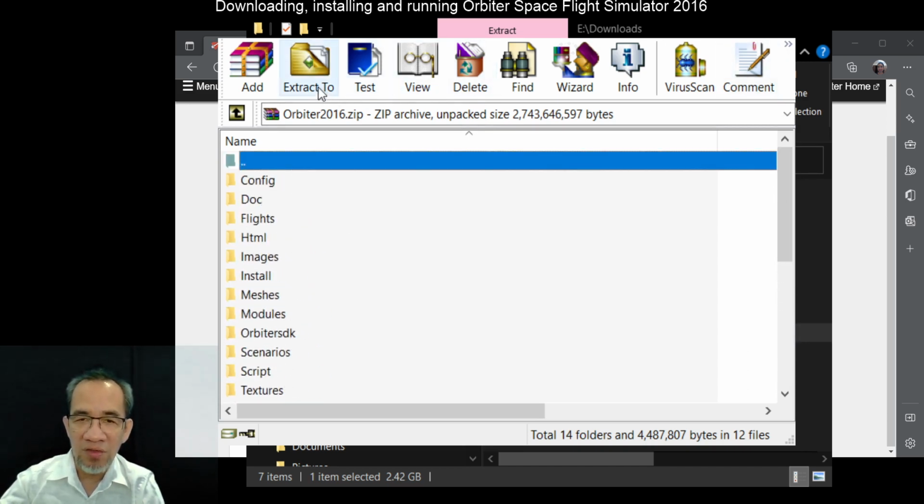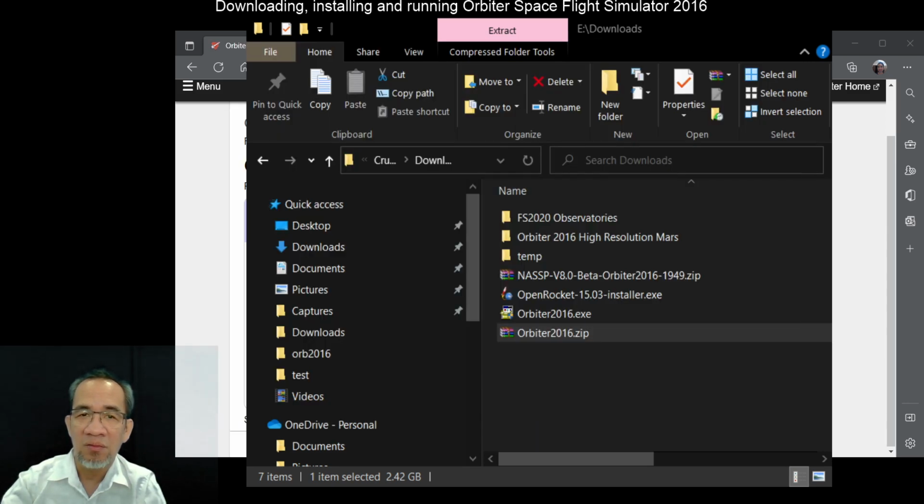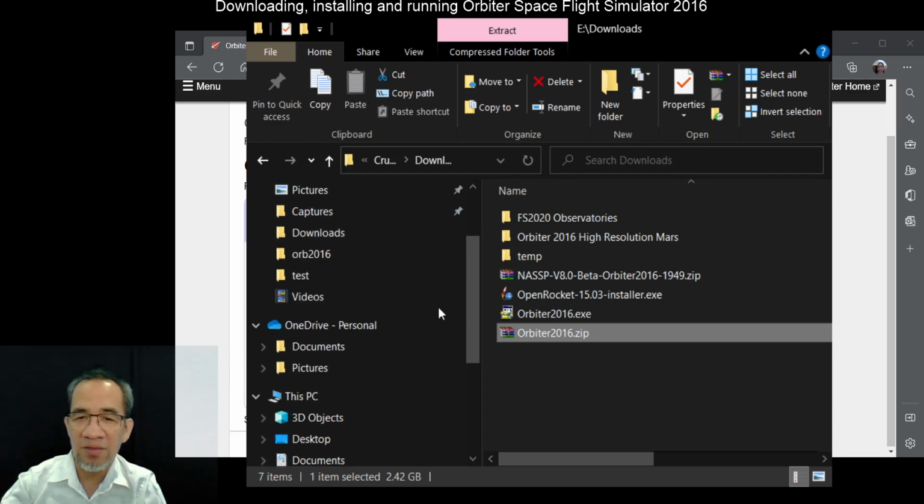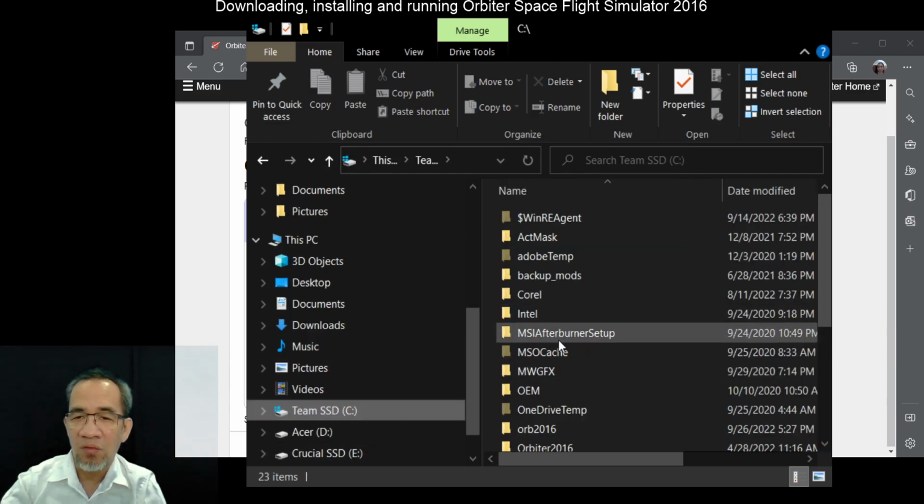And of course, if you're familiar already, I don't have to explain this, pero you extract this to, again, a certain path that it's easy to locate. For instance, C:/ in your C drive, Orbiter2016 or Orb2016. In this case, I already extracted this to a particular folder that I will show you now. So let's close this for now. And then I'm going to find my Orbiter installation, yung